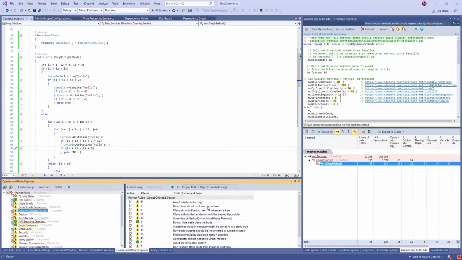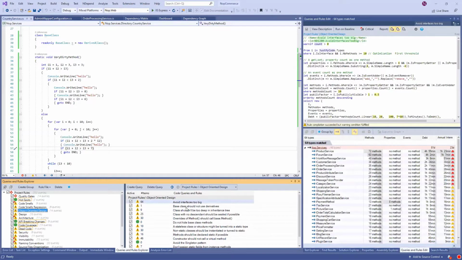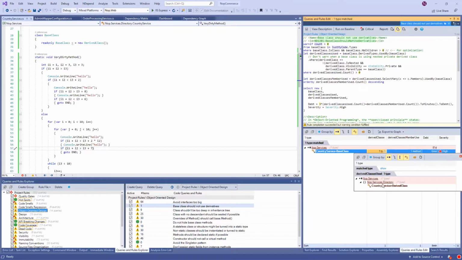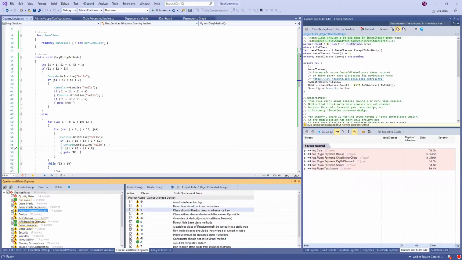So you have some rules about object-oriented design, like interface too big or base class should not use derivatives. You remember there is actually a single occurrence, which is the base class that is using the derivative types. Classes shouldn't be too deep because then that's very hard to maintain.